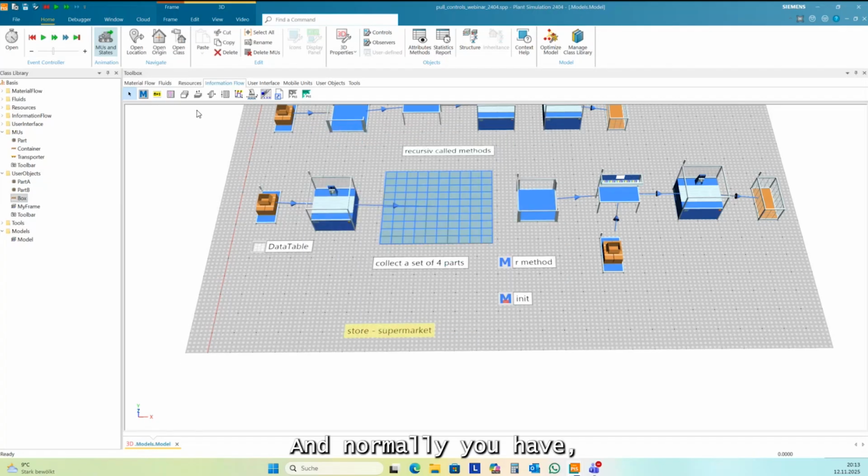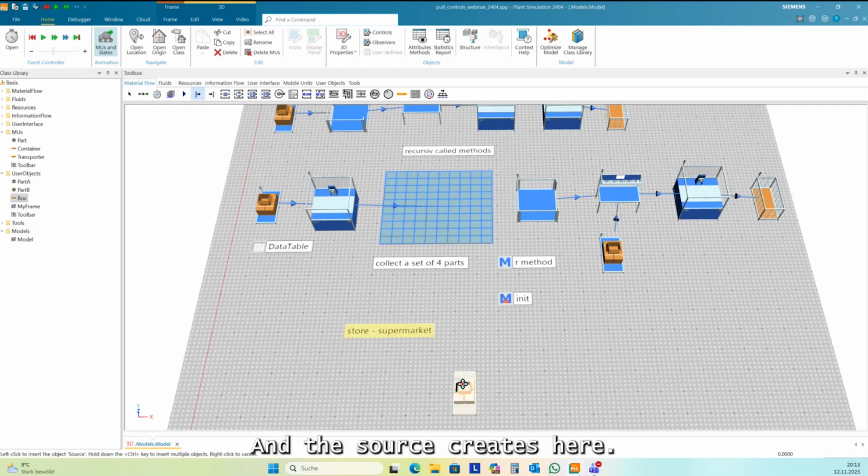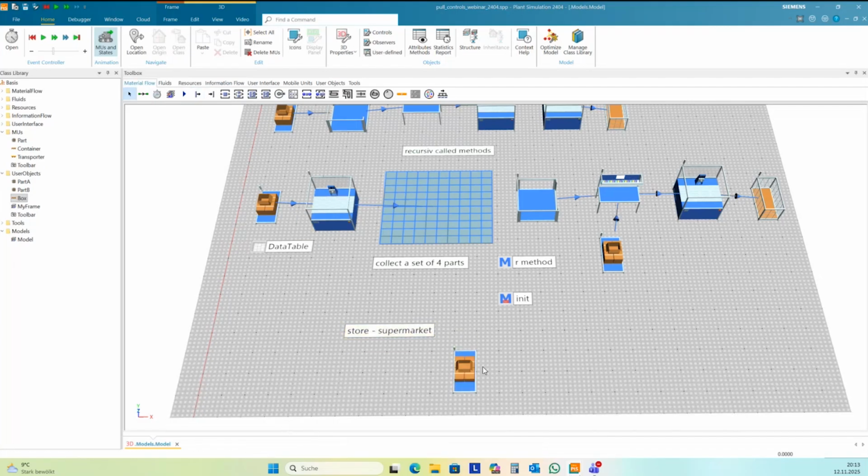And normally you have, again, the source, and the source creates orders here.